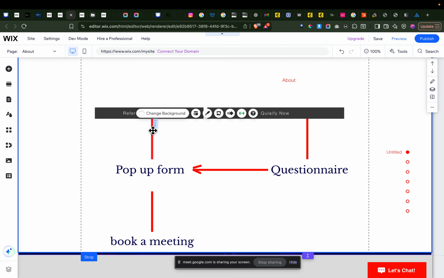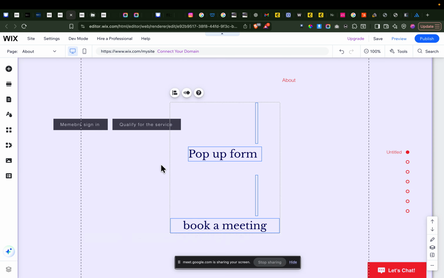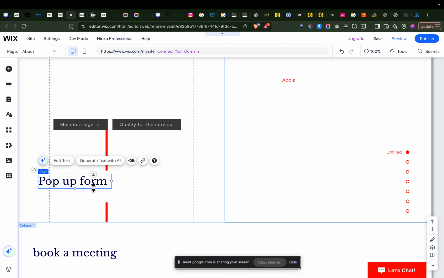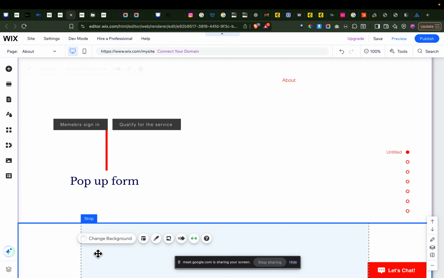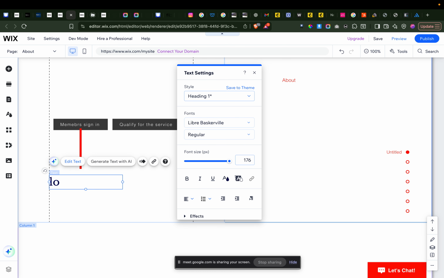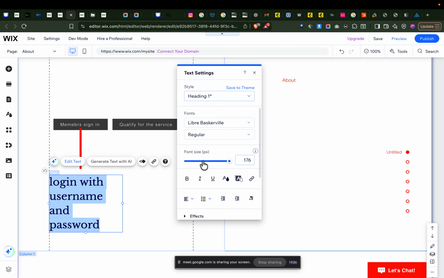This is going to be a website login too, so they can log into their account with username and password.